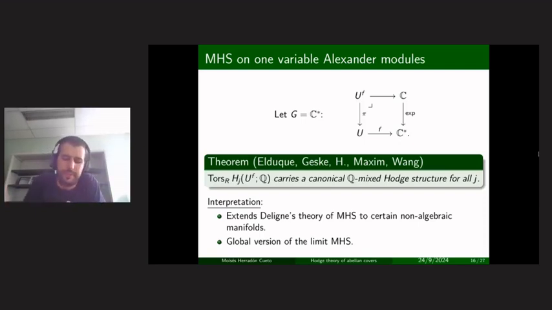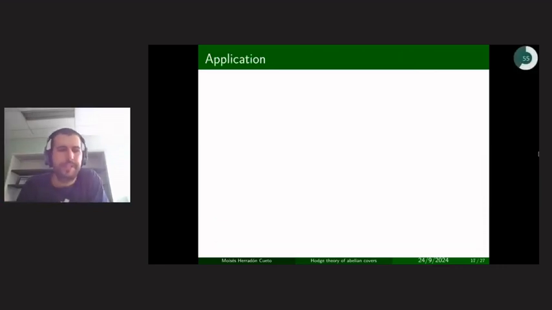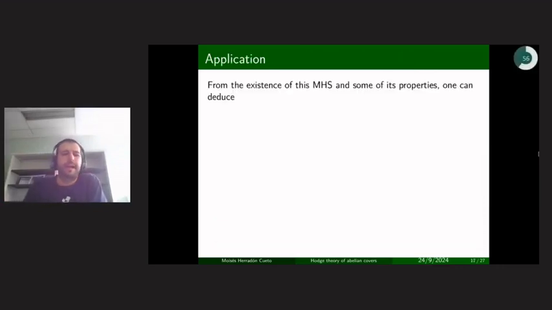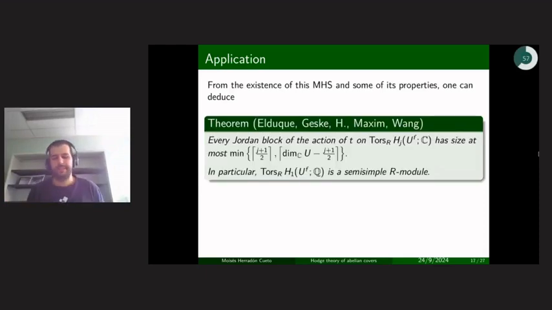So we proved a bunch of properties of this mixed Hodge structure, and I will show my favorite corollary, and the reason I like it is that it's a theorem that makes no mention of Hodge structures, but I don't know how to prove it without them. So the thing is, just having it enables you to show a lot of stuff.